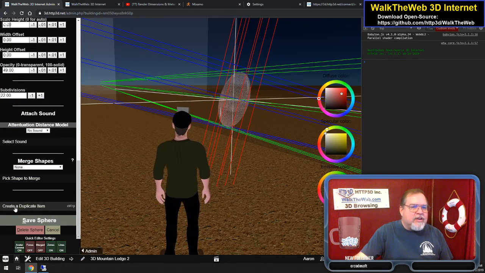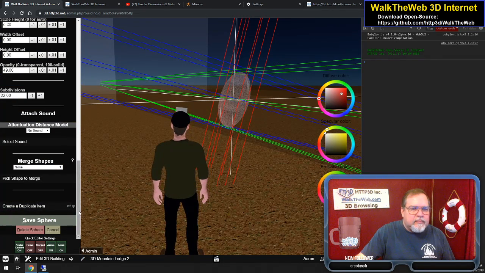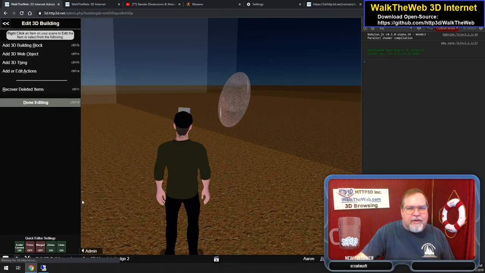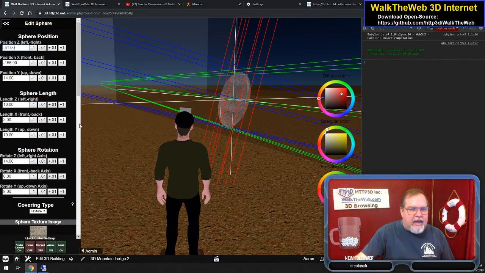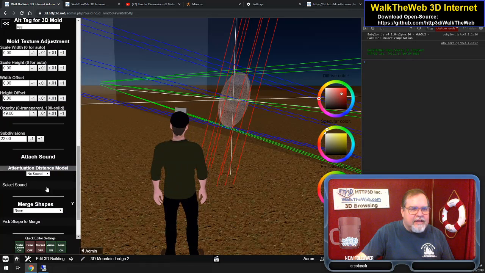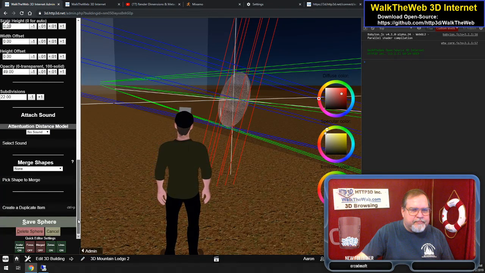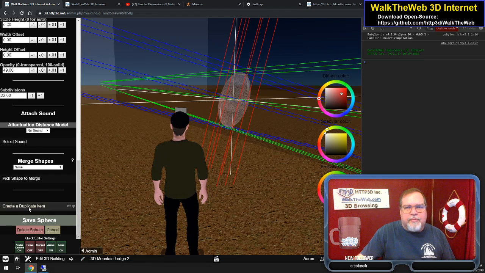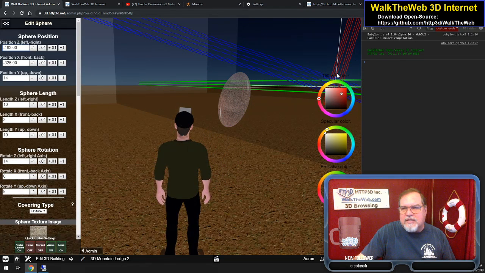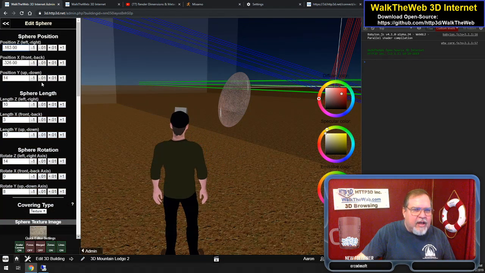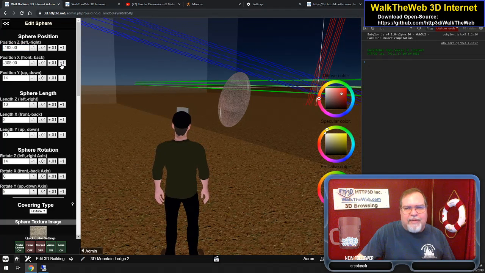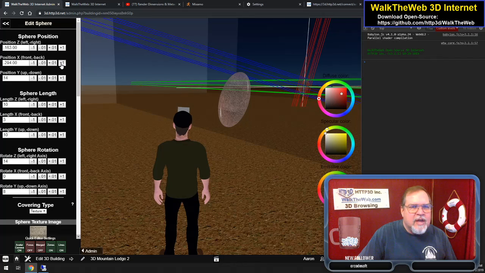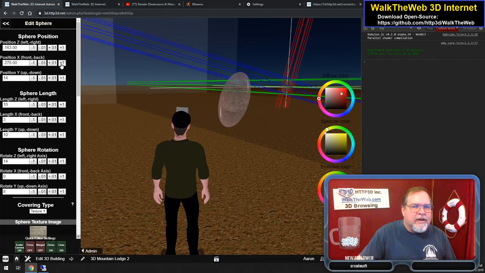And then finally, create a duplicate. If I come in here, first of all, you have to save whatever you're working on. But then if I right-click the item to edit it, and I come down here and I say create a duplicate item. Now, first of all, it's created it way out over here because I've got that part off right now because I changed how I move things. But notice if I bring it back over here,